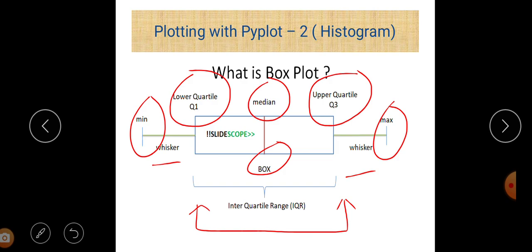So it is also called a five number summary because we get information about the minimum range, maximum range, lower quartile, upper quartile, and median of a particular data set. This question is asked so many times in the examination: why is a box plot called a five number summary?